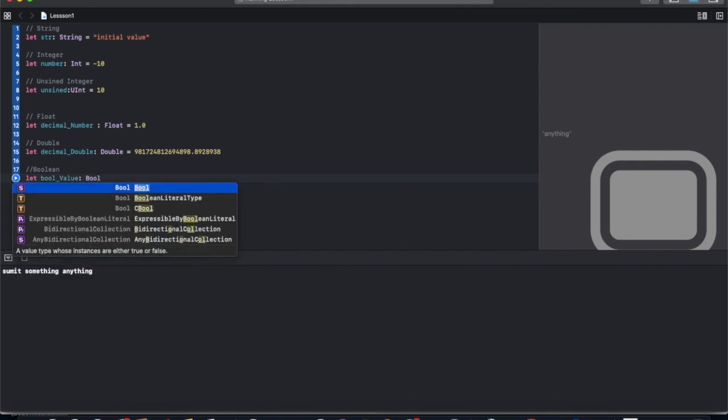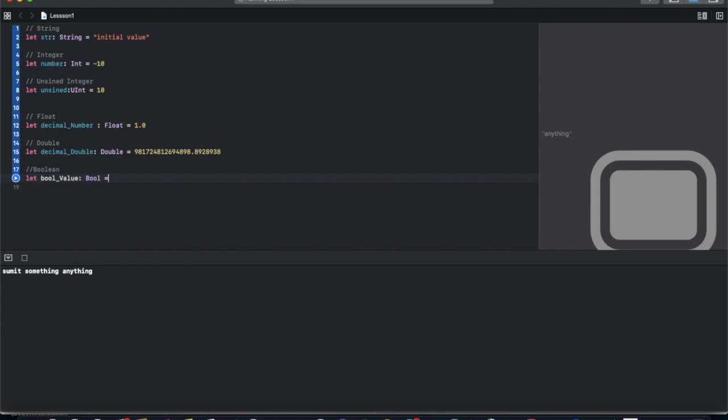If we are using Bool, it can be true or false. So these are some basic data types, and we have lots more. We will use all these in the next lecture.